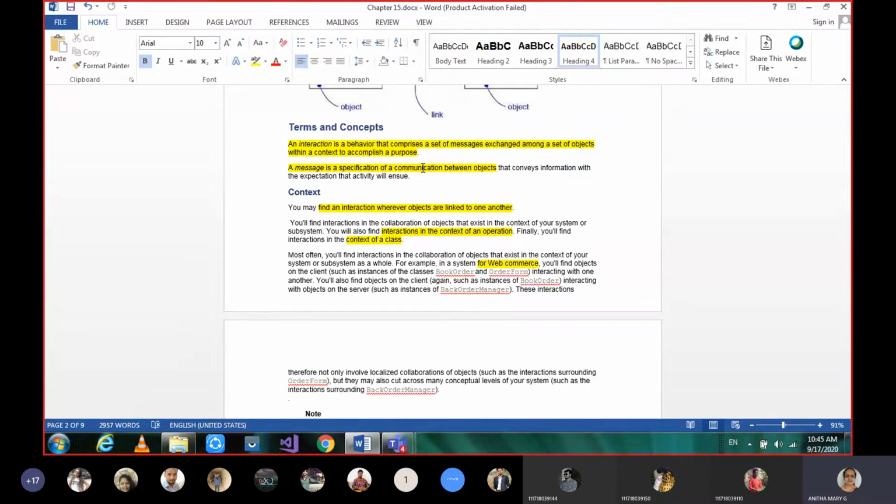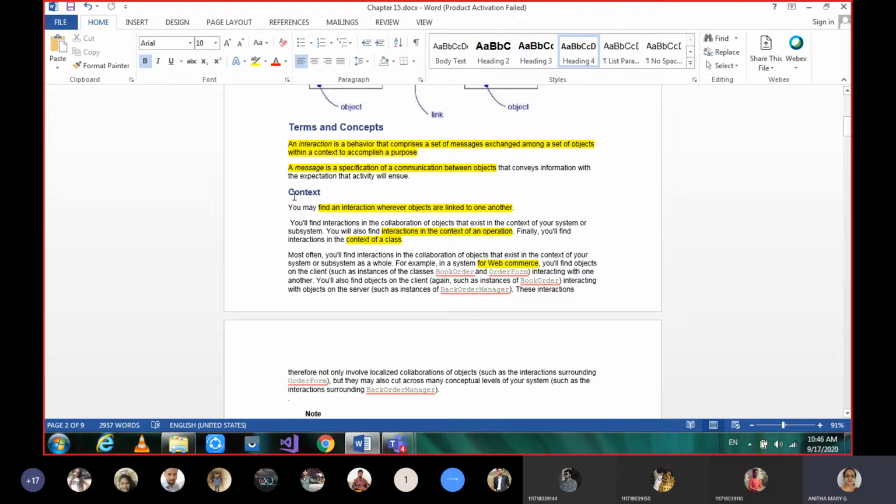But if we have a message, we can clearly say this is the message sent from the source object to the target object. That is what we call a message, and it conveys information with the expectation that activity will ensue. Maybe it will be the initiation of the creation of an object; later that object has to be created. So based on the message, any action can be performed later.